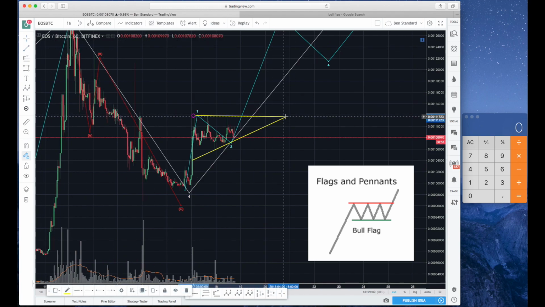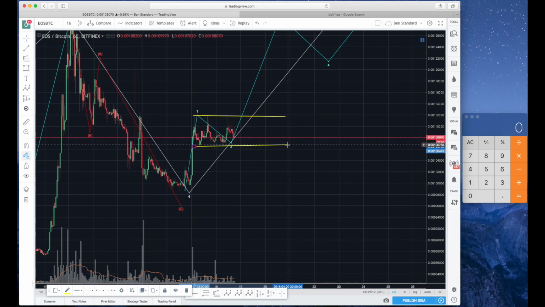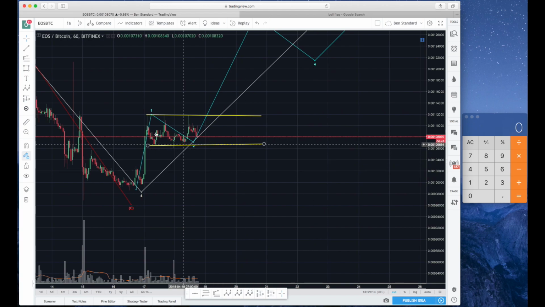So it's either this or something like that. And what I see is that we are forming an ABCDE type of correction, which means that it's a zigzag correction, which means that it goes ABC, that's forming the first wave, ABC forming the second wave,